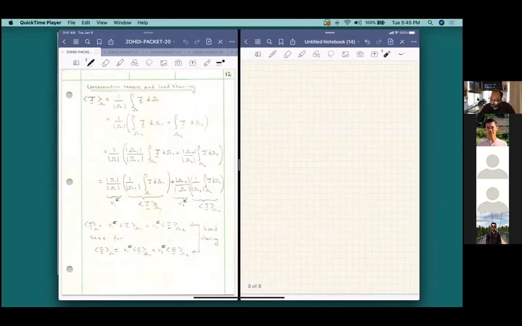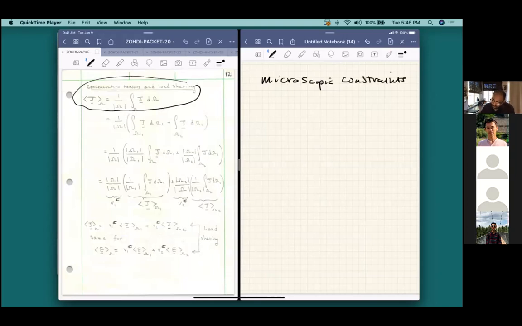What we would like to also add is what we sometimes refer to as microscopic constraints. Okay. Now, microscopic constraints, that's going to be an important topic, and that starts basically on page number 12. So I don't want to dive right into that because I want to give you time to read over